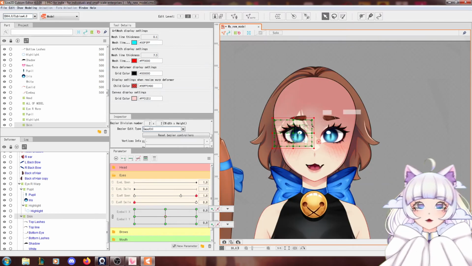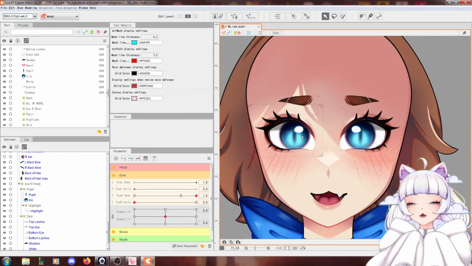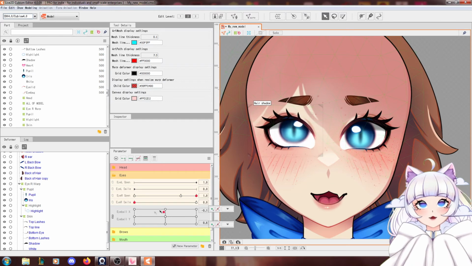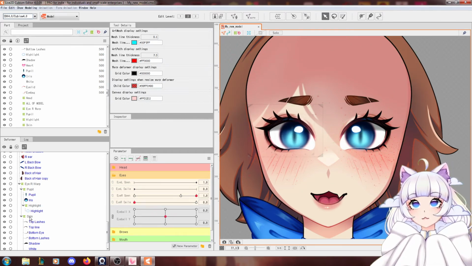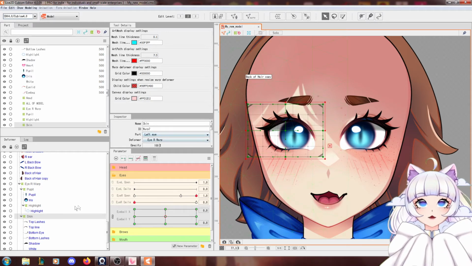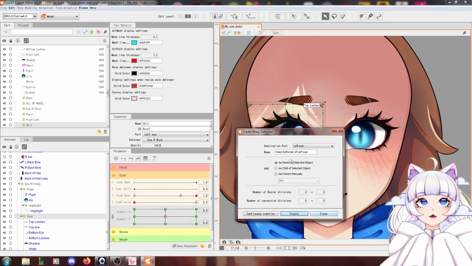Yeah, there you go. You got the eye done. Good job. Now we're gonna want to add blinking physics. That's gonna be the next step. Alright, one more thing. If you grab this skin layer and make another deformer and call it brow Y,